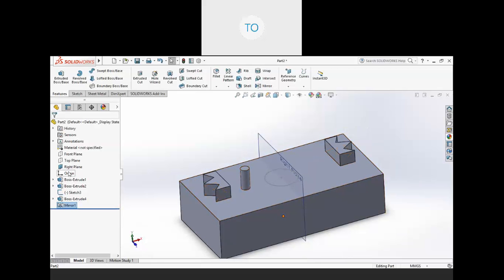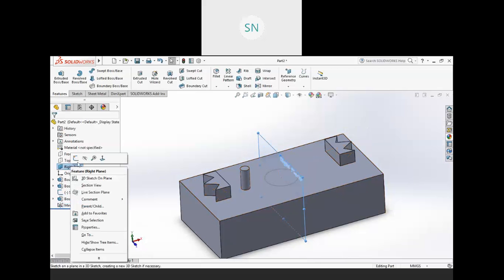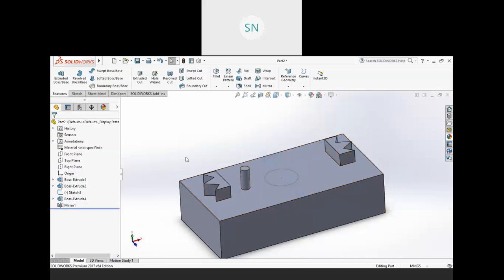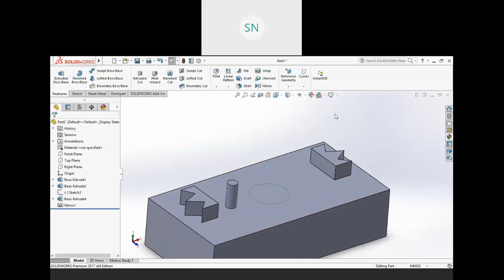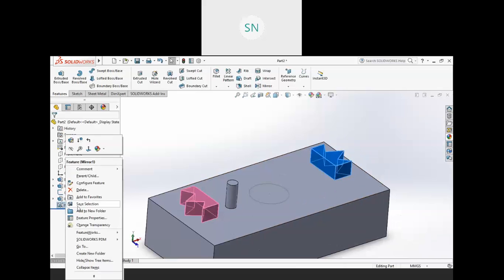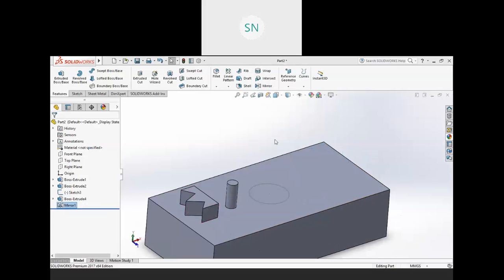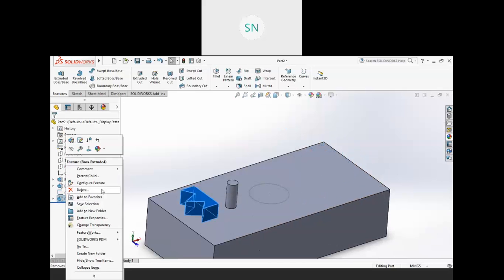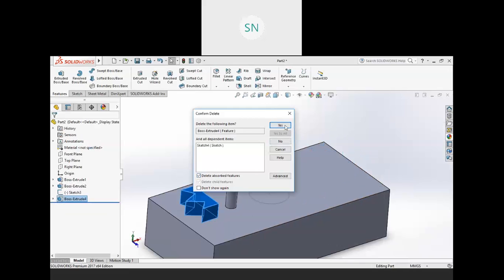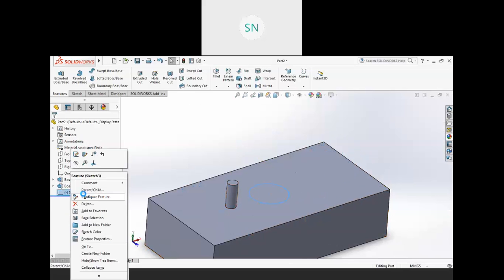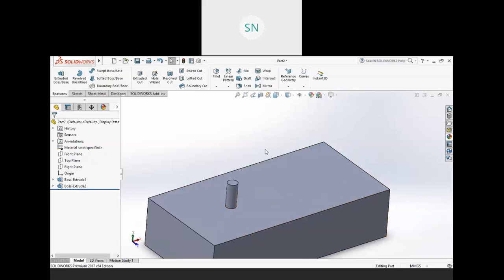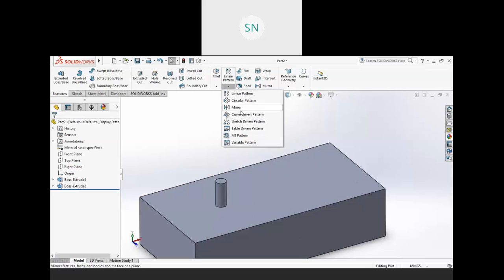Good. Then next we have other patterns that we generally don't use, but they are useful. So next we have a curve driven pattern.